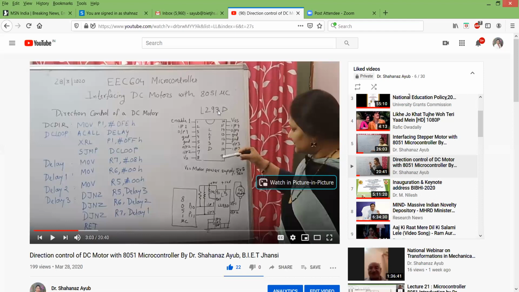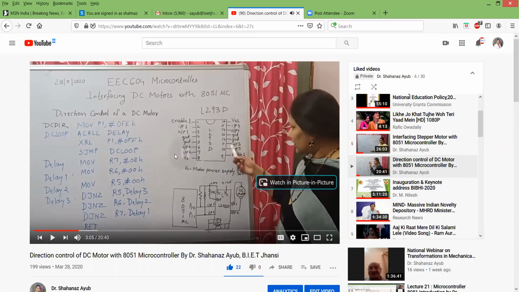And then, because ports are latched. Latched means unless and until you overwrite or write something else on this port, the previous data remains as it is. The previous data is not altering. That means the ports are latched, and that's why we don't have to bother. If I'm calling delay, then for this delay time, the status on port 1 will be FE. It is not going to change until I change the status on port 1. So you're calling the delay.